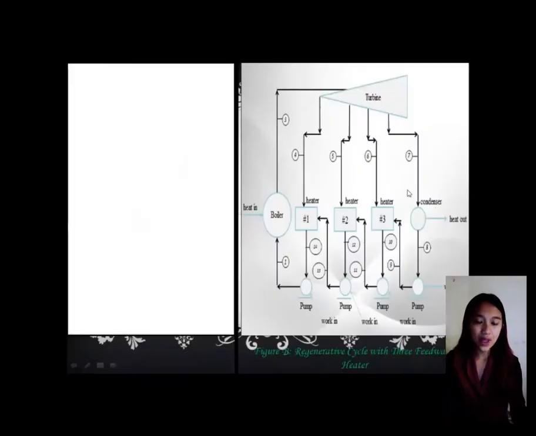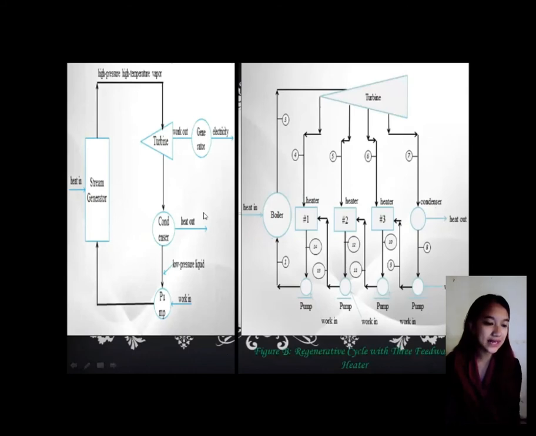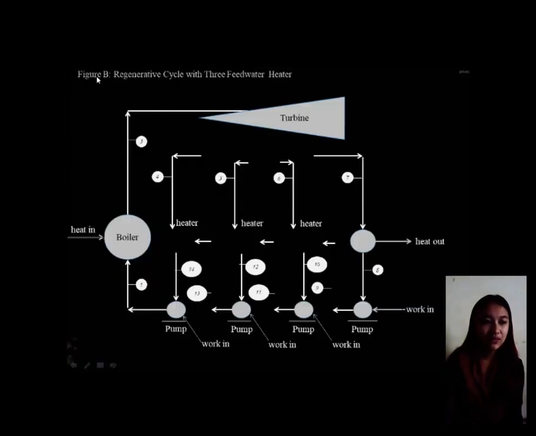So then, we need the regenerative cycle with 3 feedwater heaters. This figure is the basic or simple steam power plant that I have discussed earlier. However, in this regenerative cycle, when the steam expands in the turbine, some of the steam will go into several